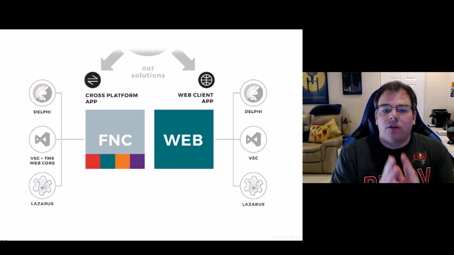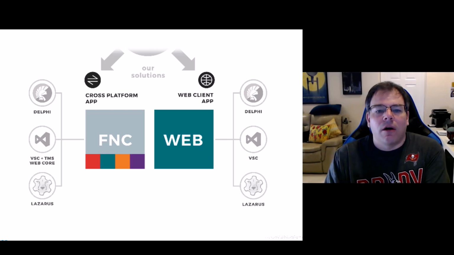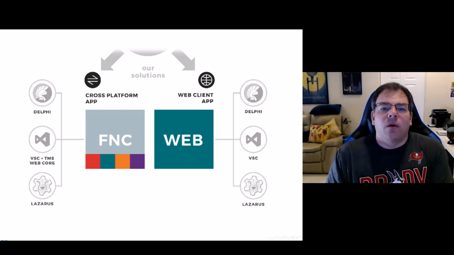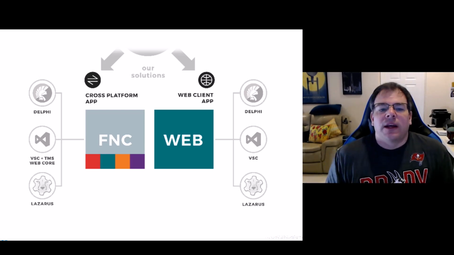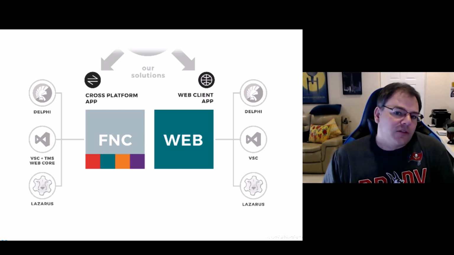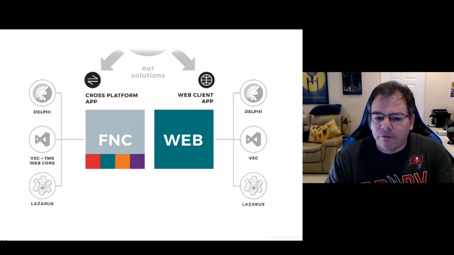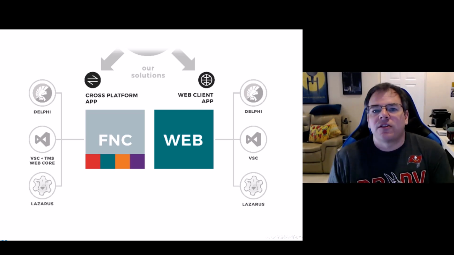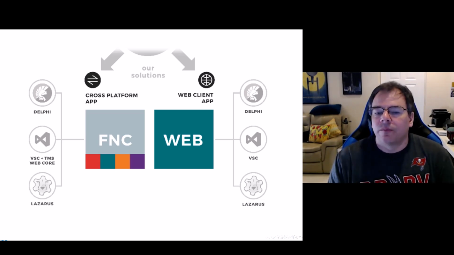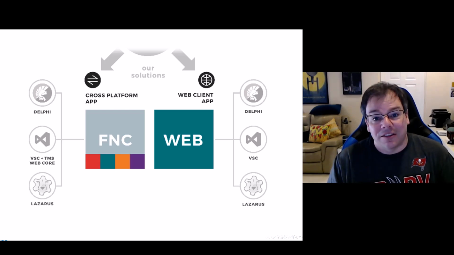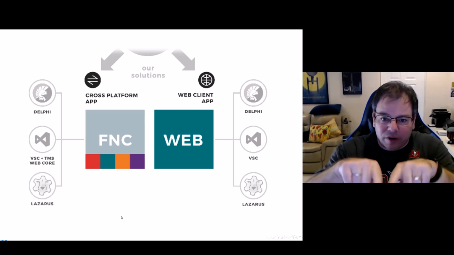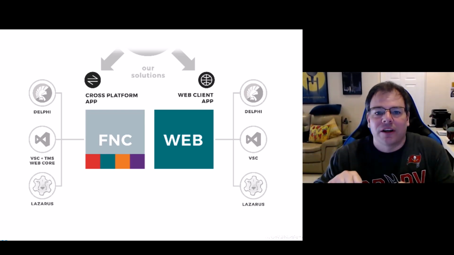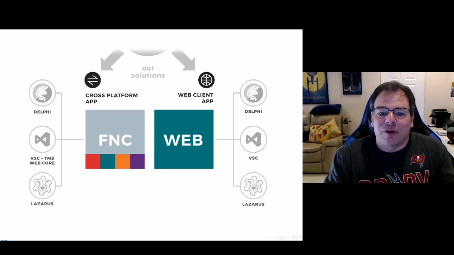You literally use the same control in all of the frameworks, meaning only learning it once and using it in all the frameworks. And because these frameworks, as you just saw, are for different platforms, you can use FNC for true cross-platform development. That's how easy it is. But it's confusing because there is a VCL product tile, there is a web product tile, and there's also the FNC product tile. So what does it mean and what is really the difference?